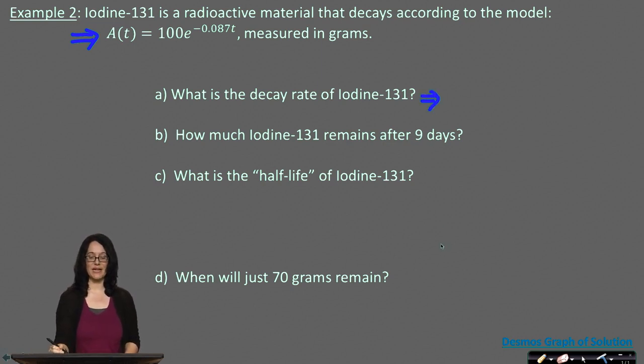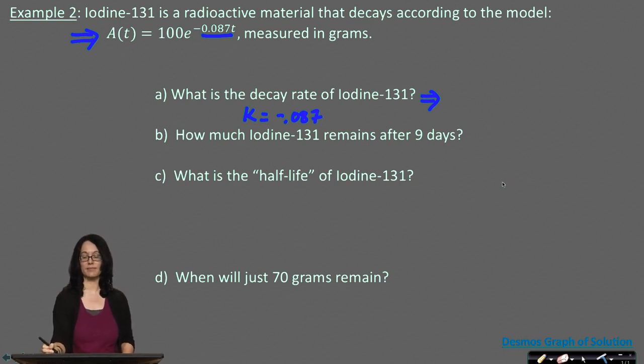Did you see, well, that's actually my K as a percentage, right? What is your K? Negative 0.087 is my K. So if you recognize negative 0.087 is K, then what is my decay rate as a percentage? When they ask you for a decay rate or a growth rate, they're looking for a percentage. Well, moving your decimal 2 places, that's really 8.7%